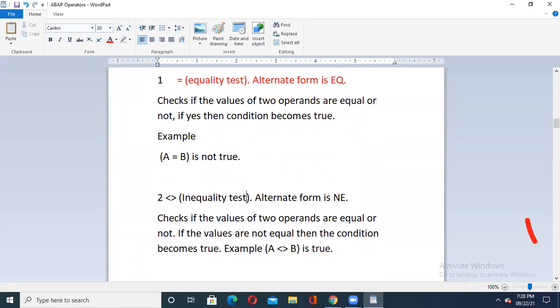You can use this symbol for inequality, or you can use directly the keyword NE. The first two operators, this symbol is known as the horseshoe icon. It is typed with your less than and greater than signs.